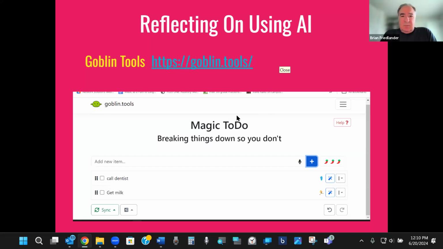Just for those of you who may not be familiar, this is a great tool for students that probably have maybe difficulty organizing their time or maybe executive functioning disorder. And this uses AI to break down the task. And it also gives estimates as to how much time each task will take. So it's probably a great tool, I would say middle school, high school, and college students that you're working with